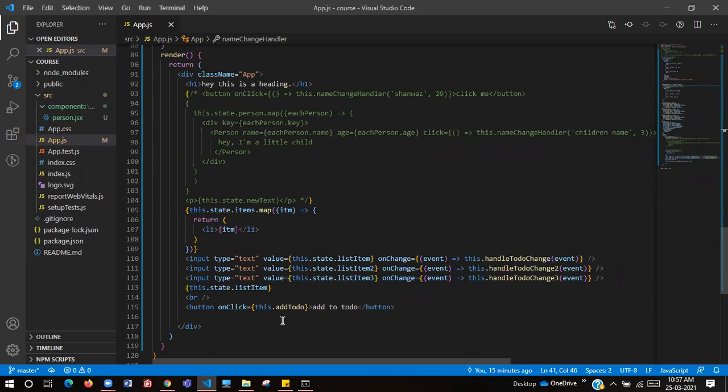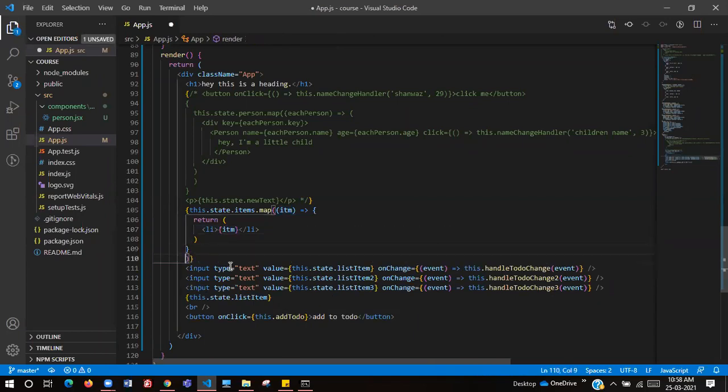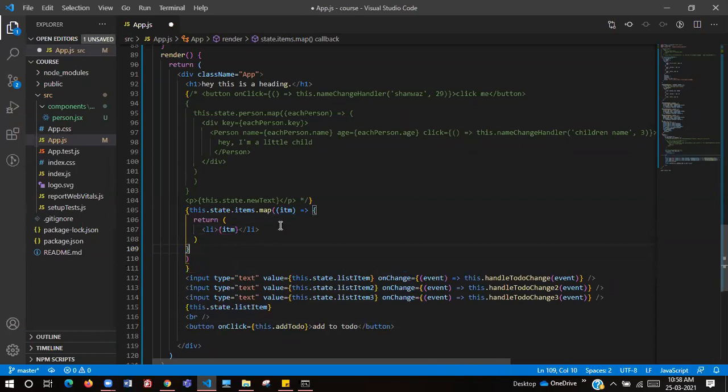You closed the return, the JavaScript expression, that arrow function, and then you have to close the map also. After the map, you have to close the JavaScript expression, the curly brace. See, if you see my screen, this is the return close, this is the particular function close, this will be the map close, and this will be the whole JavaScript expression close.